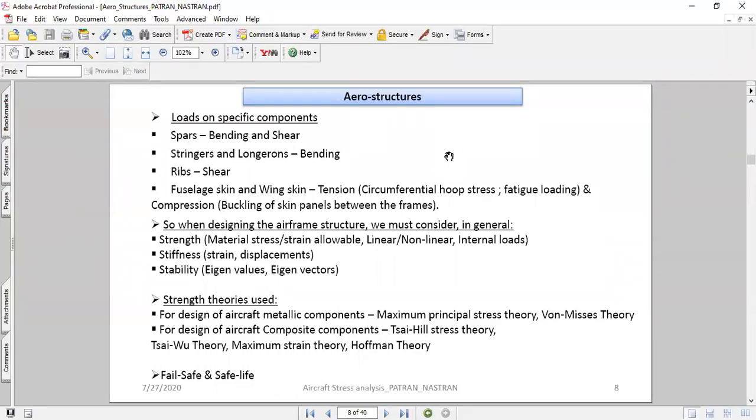It is predicted to survive only for that duration. So these are the various things that go into designing the aircraft. The primary ones, as I mentioned, I would like to repeat, are strength, stiffness, and stability, which we need to keep in mind for every component on the aircraft while designing.